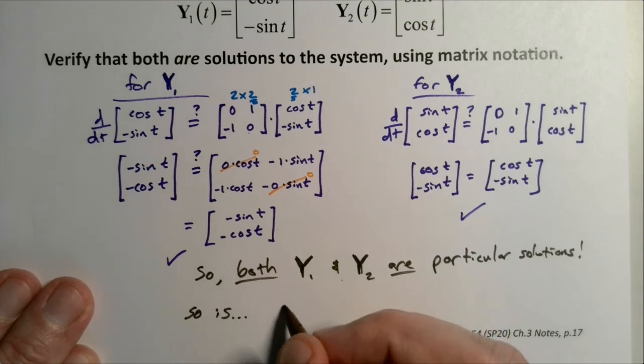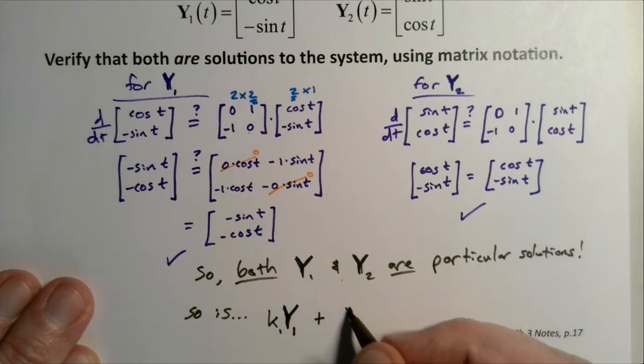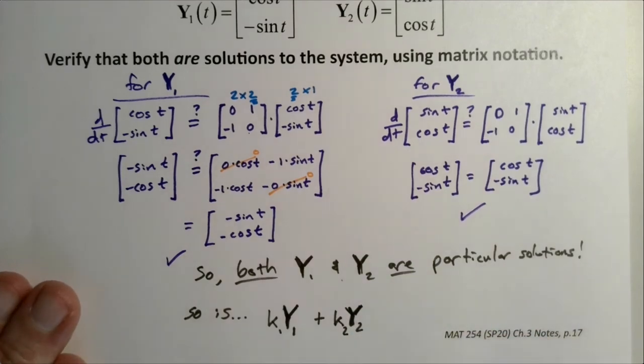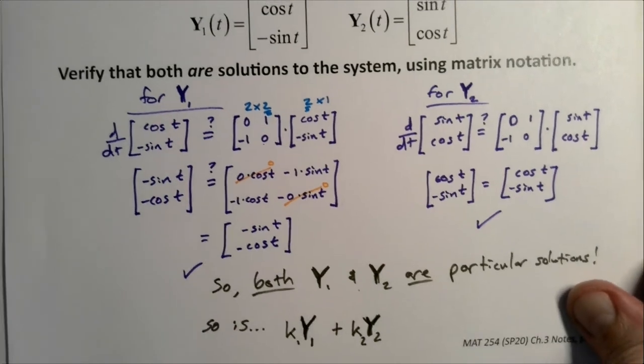That means I can say y1 times some constant plus y2 times some other constant is also a solution. And that's going to come in handy on the next page, the very last page of the notes here for this section. So on the next page,